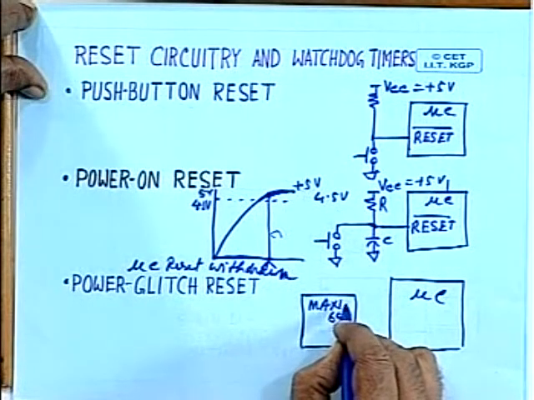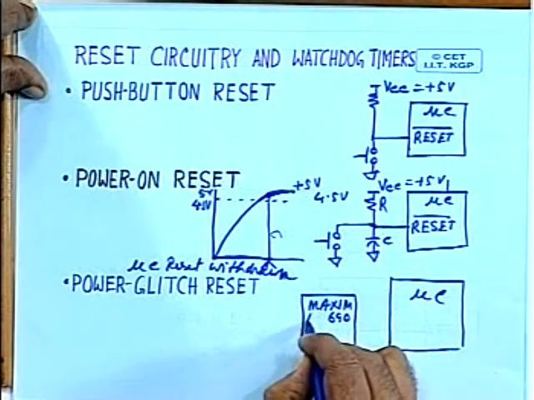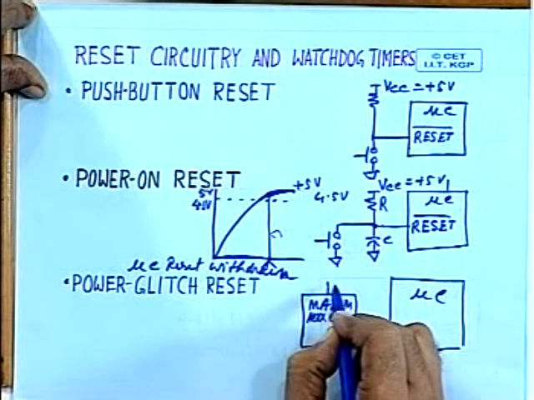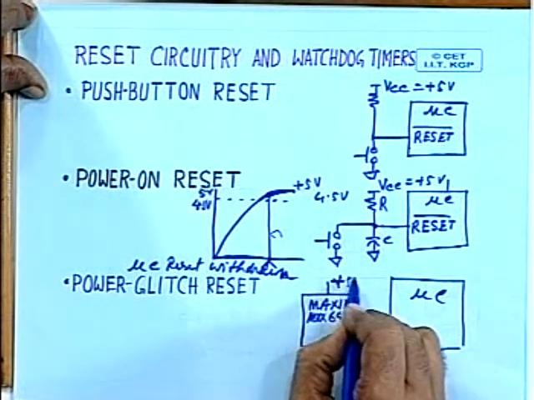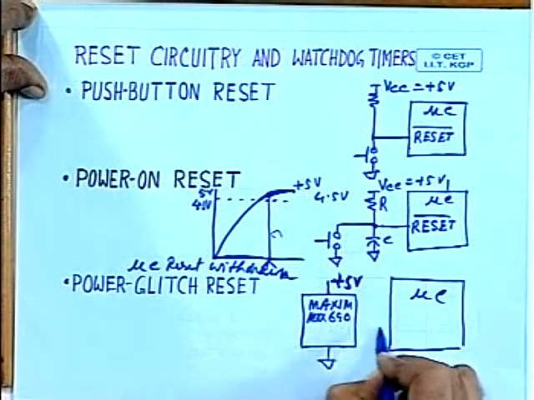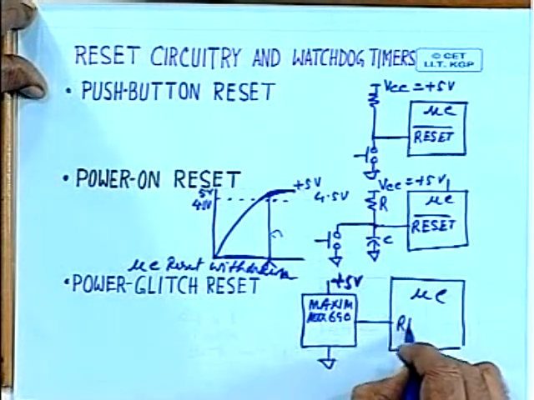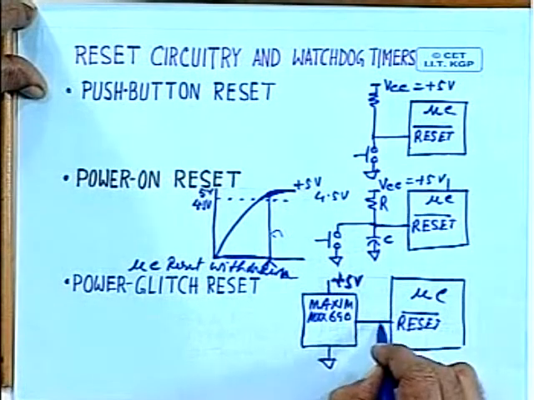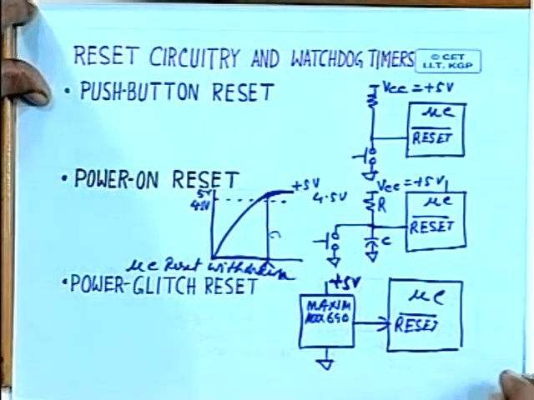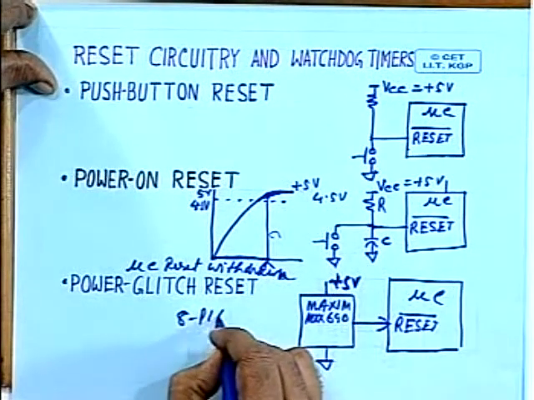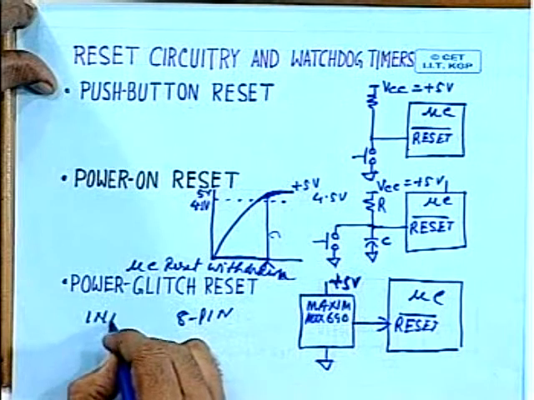Maxim is the name of the company, Maxim 690, and this device is, you are using plus 5 volt as the supply voltage, and this is connected to the reset input, low active, and this is an 8-pin chip, inexpensive,